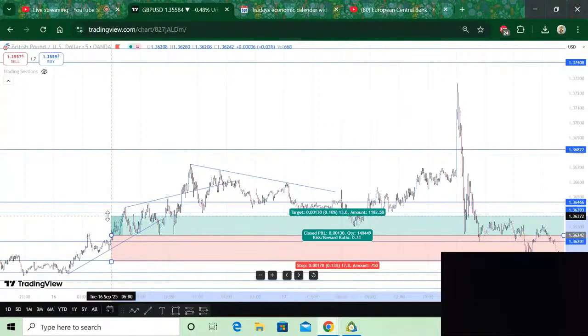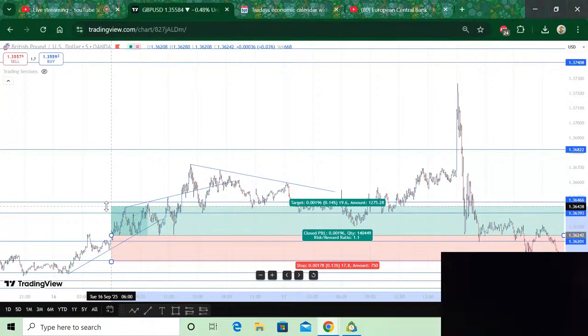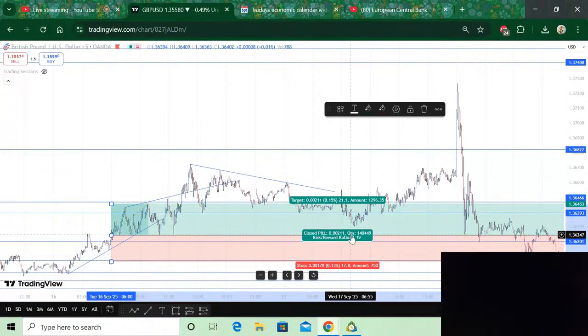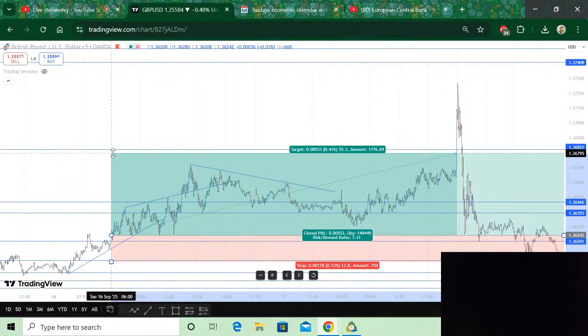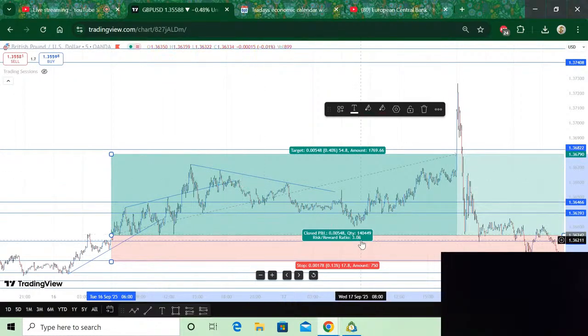So we move to the next support and resistance zone, which is here. What is the ratio? 1 is to 1.19, meaning for every dollar you risk, you are getting $1.19. Now, the next support and resistance is not up to 1 is to 2, so we'll neglect it as well. The next layer is this. So this is 1 is to 3.08. So for every dollar you risk, you are earning $3.08. That is the simple analogy.